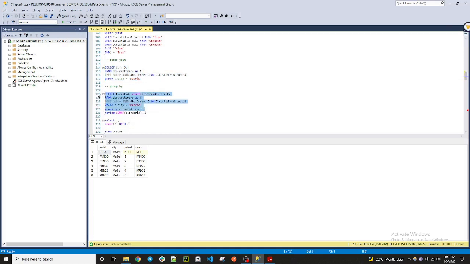Let's execute this part first. As you can see, in Madrid we have Visa who has not ordered, but he's a customer, right? And Fernando has 2 orders, and Carlos has 3 orders. So our actual question says, give me the count of customers who have ordered